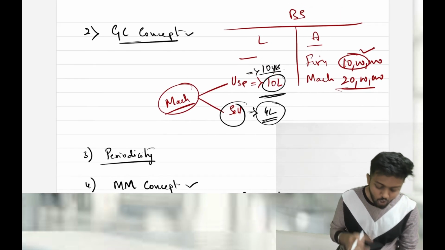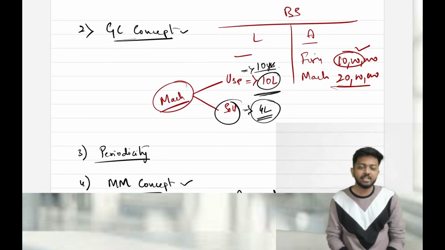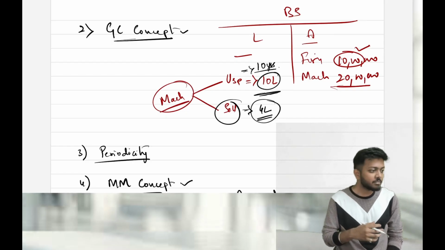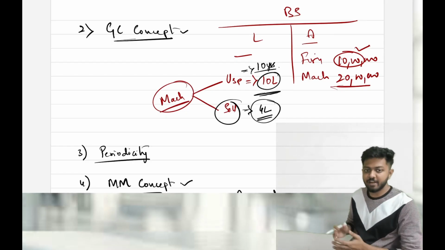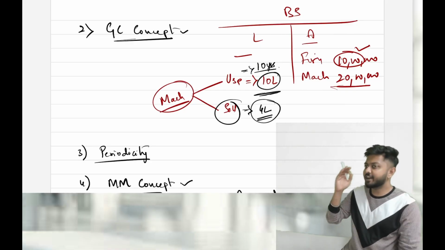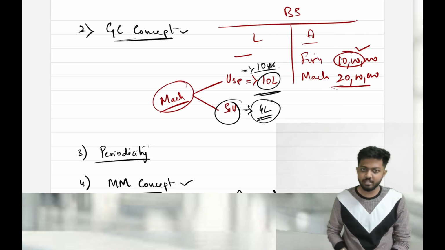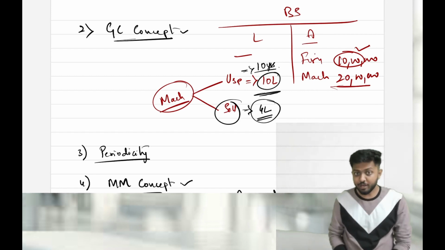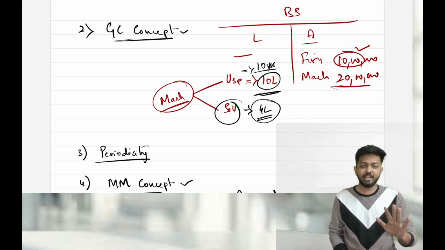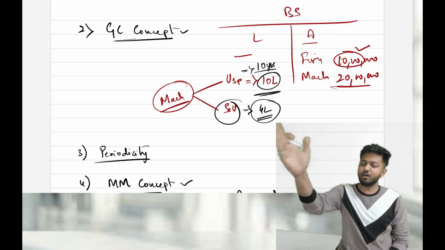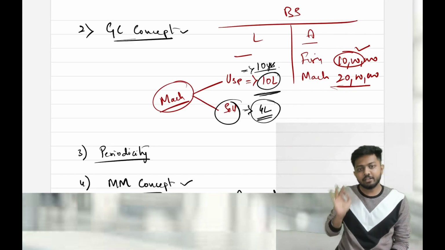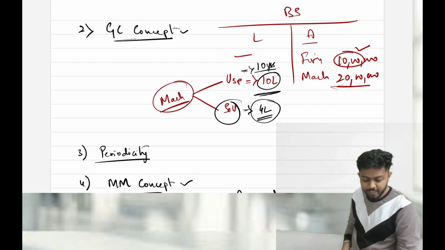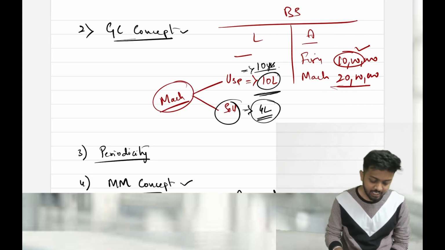Then we learned going concern concept. What is going concern concept? If nothing abnormal happens, then our assumption is that the business will run until the foreseeable future, unless something abnormal or crazy happens in between. My understanding is that with this pace, the business will run till the foreseeable future, infinity. That is my understanding. So your assumption also as an accountant should be the same. So that's going concern concept.